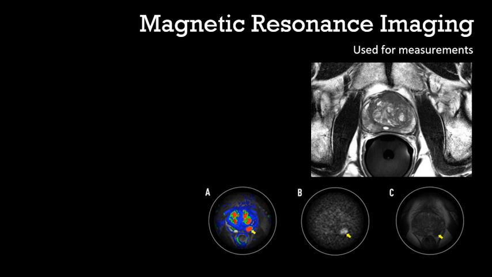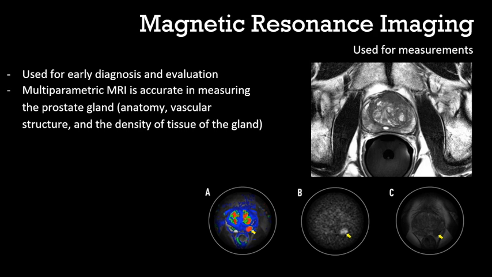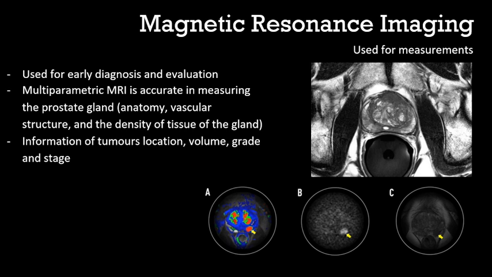clearer in images. A magnetic resonance imaging scanner uses strong magnetic fields to create an image of the prostate and surrounding tissues. MRI is a useful tool in early diagnosis and evaluation of prostate cancer. Evidence shows that multiparametric MRI is the most accurate way to measure features of the prostate gland. It provides detailed images of the anatomy, vascular structure, and tissue density of the gland. Multiparametric MRI can help look for cancer in the prostate that is clinically significant and has life-threatening potential. MRI provides information regarding tumor location, volume, grade, and stage. MRI-based prostate cancer risk assessment has been shown to better distinguish between clinically significant and insignificant tumors than prostate-specific antigen